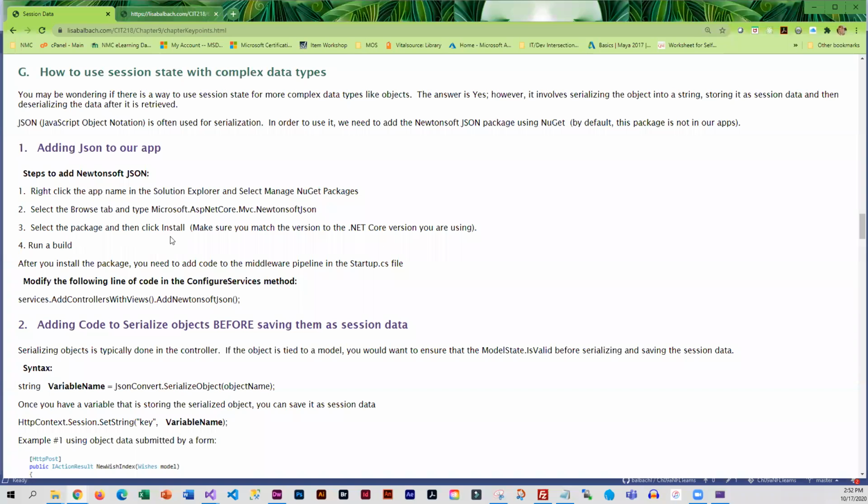So you probably noticed a downside to using the methods for storing our session data: it's kind of limiting us to integer and string. What if you want to store an object? You can, but if you want to store something that's more complex, then you have to